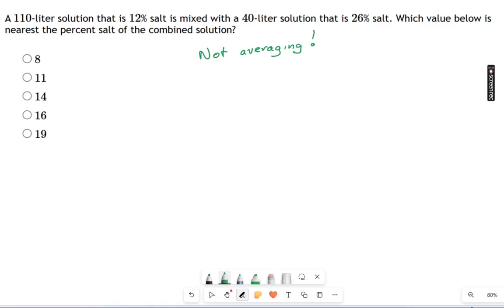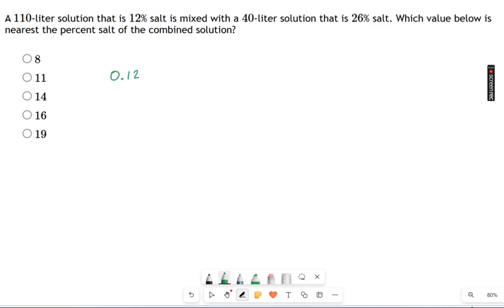And the reason that's the case is if you have something like this, let's say this is very salty, and you take this, which is pure water, and you mix the two of them together, you can see that you're not just going to cut the salt content by half, right? You're hardly going to change anything because there's hardly any pure water compared to the amount of very salty stuff. So the answer to this is not as simple as just averaging 12% and 26% and getting whatever's in the middle, 14%. What you have to do instead is say it like this.